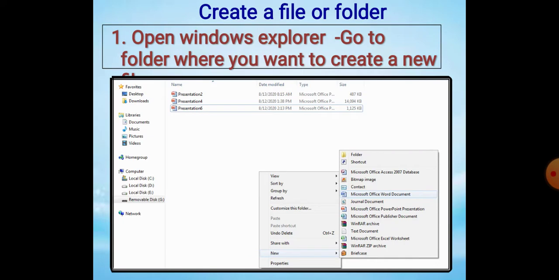अब now if you have to create a new file or folder that was not existing on our computer, जो file और folder हमारे कंप्यूटर पे नहीं थे, अगर हमें उनको create करना है new, so what we will do, we will right click in the content area and choose new. In new, if you want to create a new folder, we will click on the folder option. If you want to create a Word file, we will click on a Microsoft Word document. Okay, so this way we will create a new file or folder.